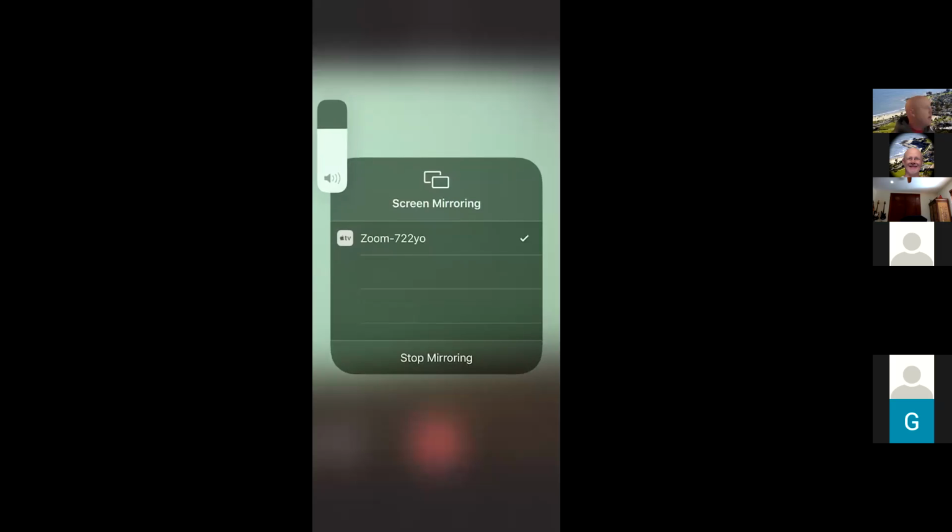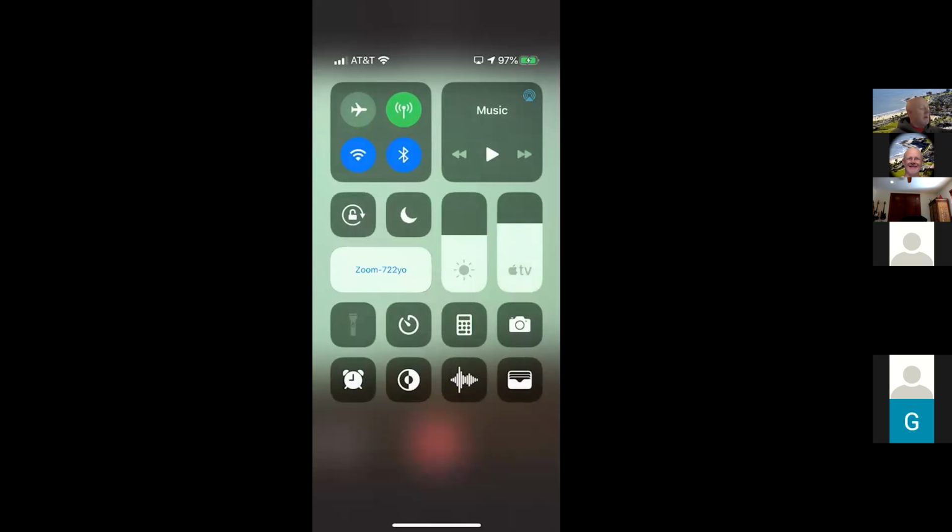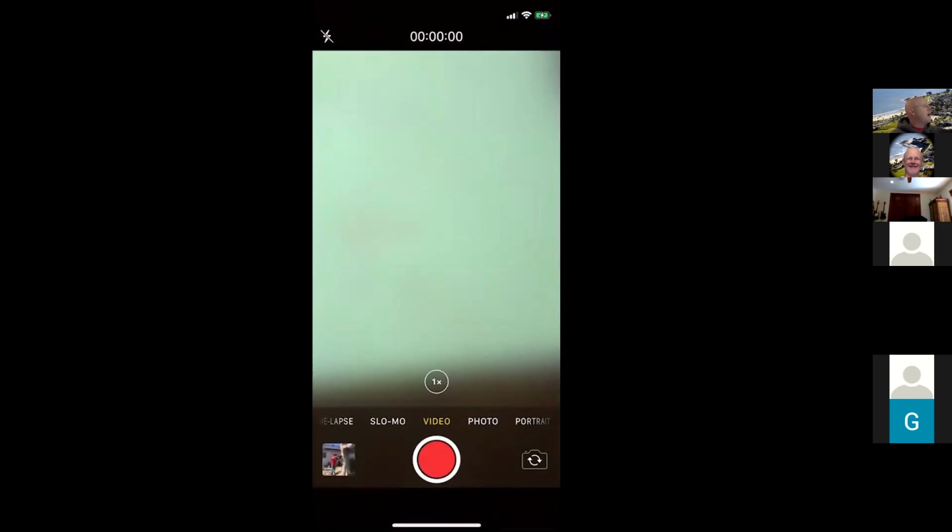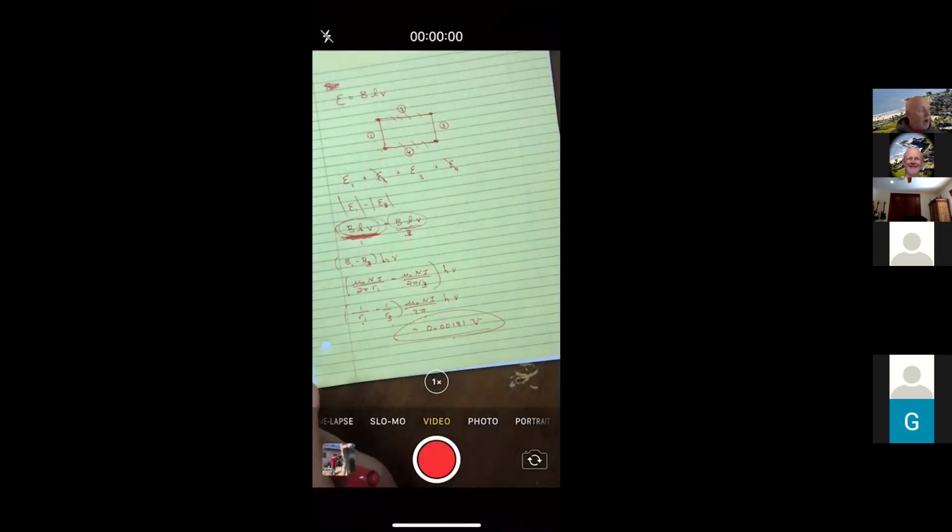Now 1 and 3. Hang on here. Let me finish connecting the phone here. But 1 and 3 will always be at a different field strength, so they will never cancel, no matter whether they're in the middle or not. And then the 2 and 4 will again always cancel,